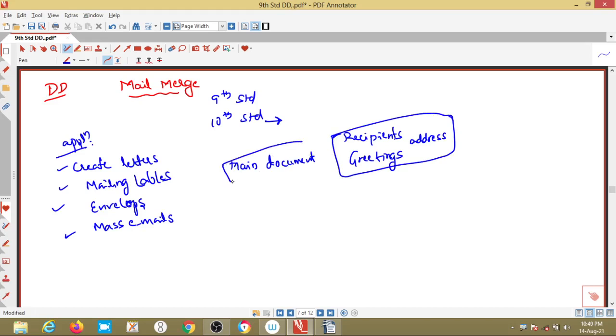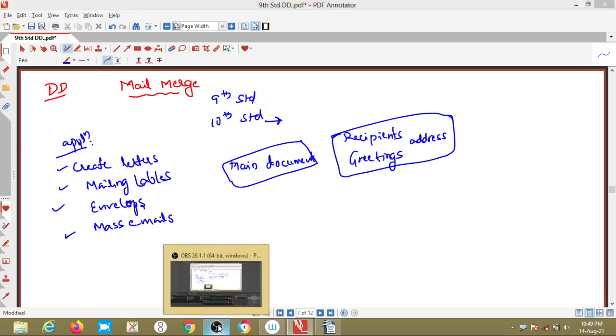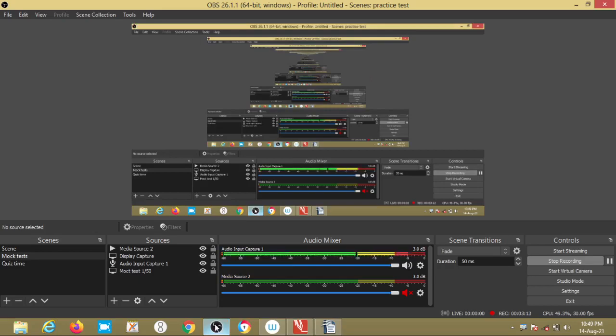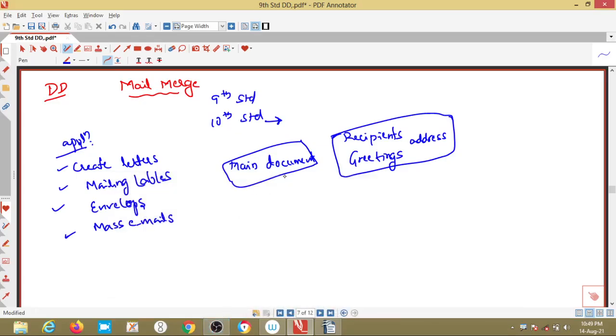The main document is the same. If this is the case, we go for mail merge. Initially you may feel it is a little difficult, but once you understand thoroughly, it is very easy. Try to understand first.